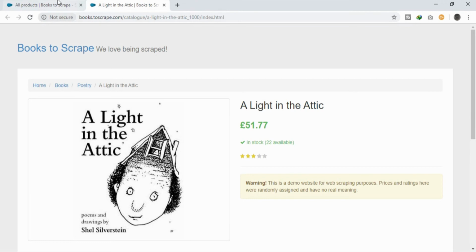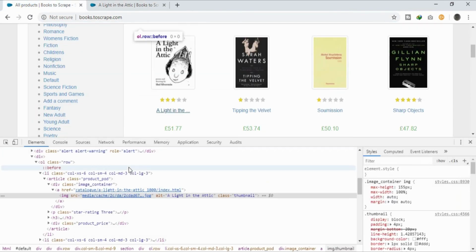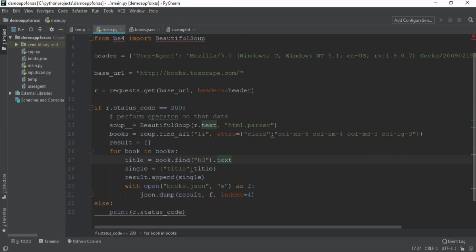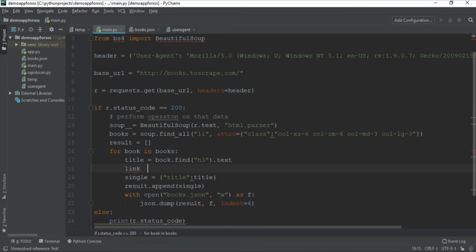as well. So if I open up any book, you can see that we do have base URL and then the catalog and the book name and stuff like that. So if you come over here, we do have this catalog and the book, everything, but we don't have the base URL. So for getting the link, I can come over to the code and declare a variable by the name of link and add a base URL. As discussed, the first thing we need to do is the base URL and then concatenate the